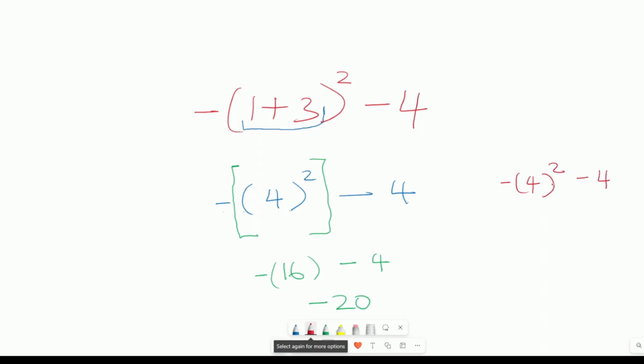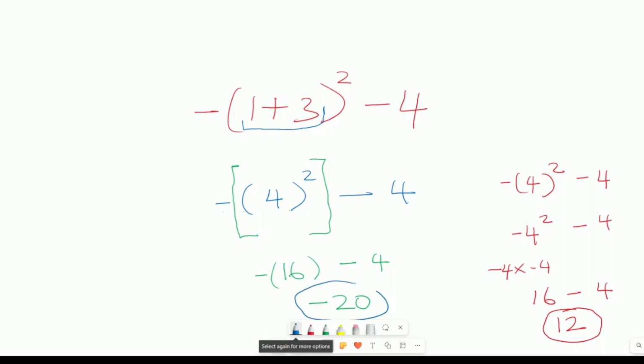This negative affects the bracket straight away. So it's actually negative 4 squared. Negative 4 squared minus 4. If that happens, negative 4 times negative 4 is actually positive 16. Now minus 4, and we get 12. Okay, so two answers, both mathematically reasonable, but the question I want to leave with you is which of them